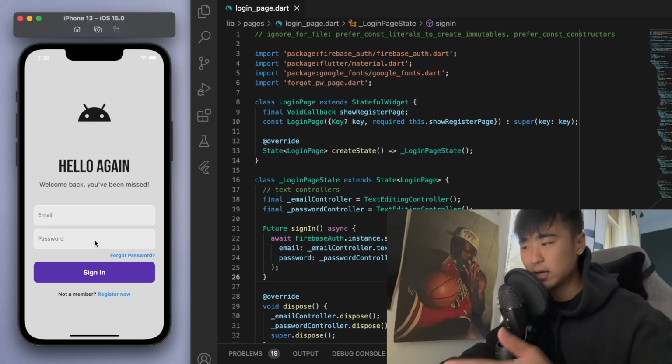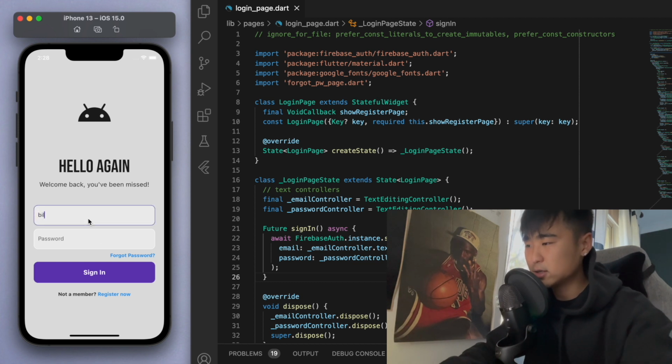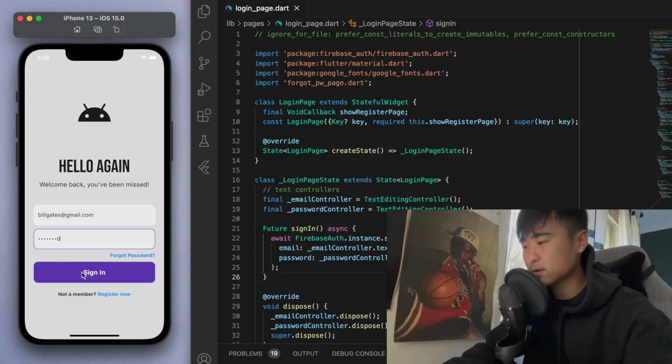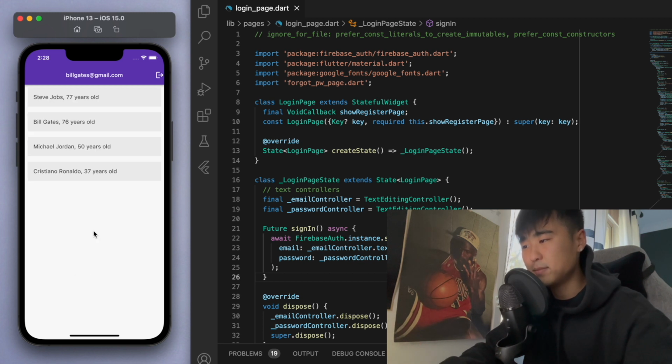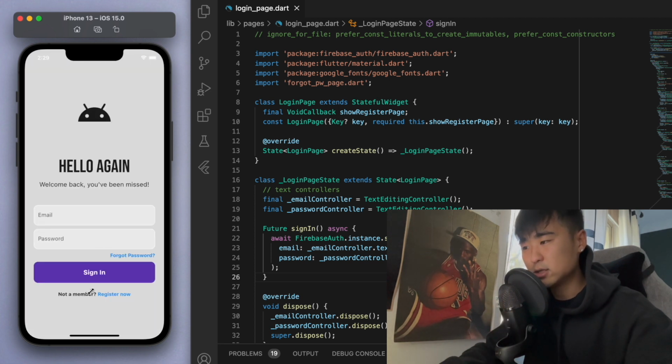So right now, if I try to sign someone in, let's sign in with one of the emails that we created earlier. It's going to work and we get into the app, but there's that little delay of like a second or two, and that's where I want to add a loading widget just to let the user know